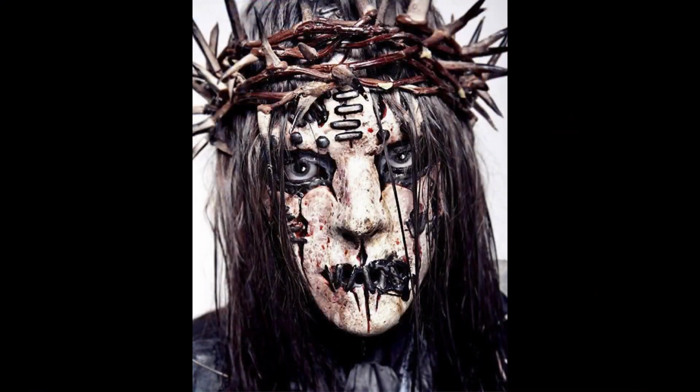Everything else he's ever worn has just pretty much fit him, even the really boring basic generic skull that he wore for Volume 3. Moving right on along, we have next number 1, Joey Jordison. This, again, was another difficult one because I really don't dislike any of Joey's masks. But I guess if I had to boil it down, I would just pick really any All Hope Is Gone